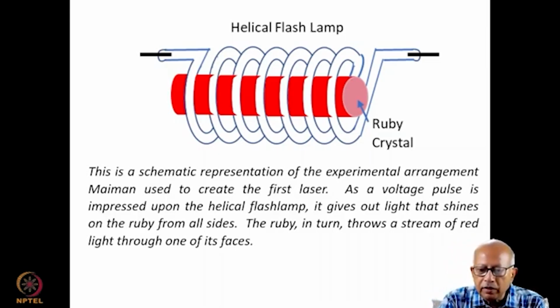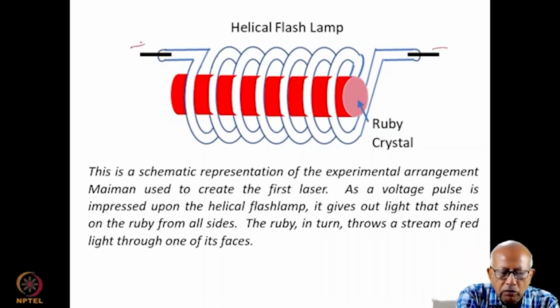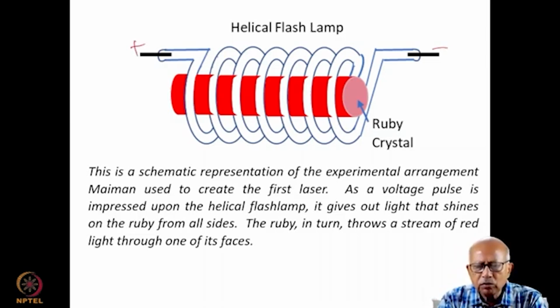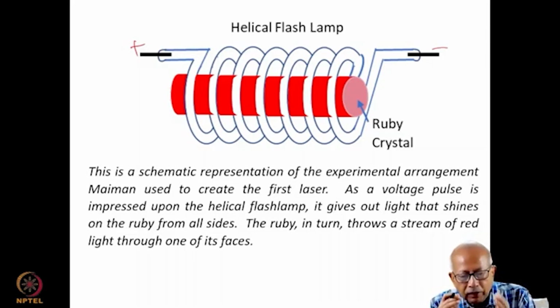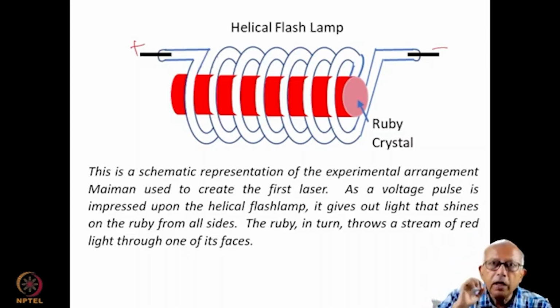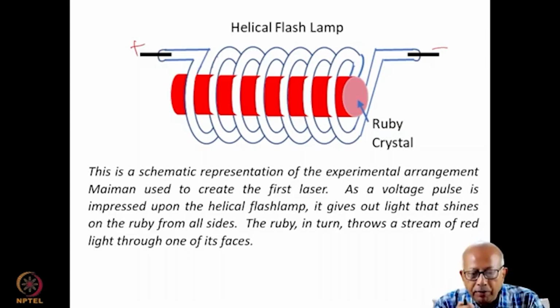It has a discharge tube, and at the two ends of the tube you have two electrodes. As you apply voltage to the electrodes, of course, you have taken a gas in the flash lamp in such a way that a constituent of the gas emits light which is absorbed by the ruby molecules in the ruby rod. So you have carefully, appropriately chosen the wavelength of the light that this flash lamp emits.